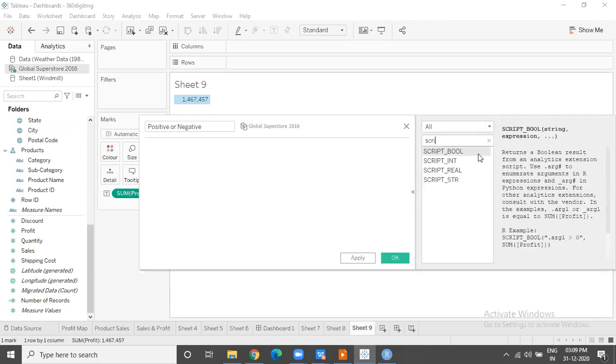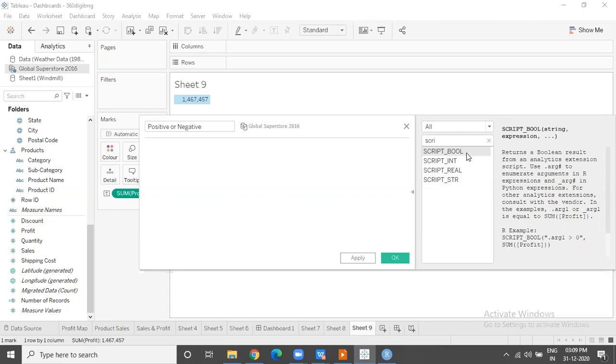which were given by Tableau people when the concept of R and Tableau integration was introduced. Somewhere in version 7 or 8 it was introduced. So that time they came up with 4 functions: SCRIPT_BOOL, SCRIPT_INT, SCRIPT_REAL, and SCRIPT_STR. Only via one of these 4 functions, Tableau will be able to send data to R and receive the response. Which means any function in R that cannot be called using one of these 4 functions, we cannot use it here.